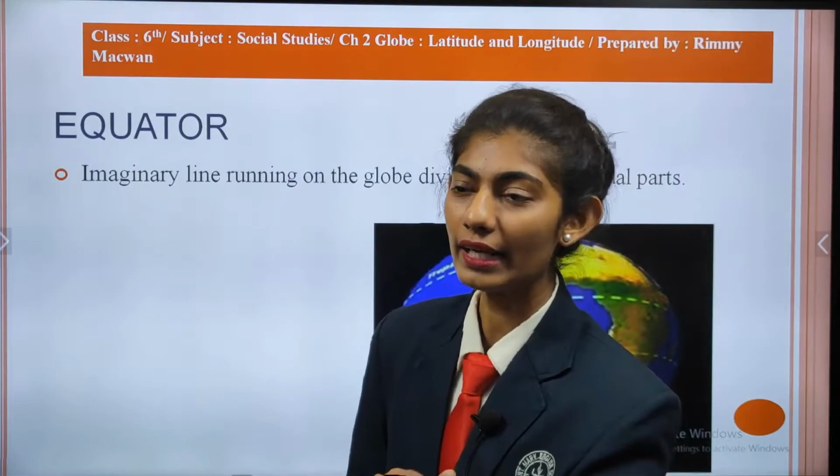Let's talk about torrid zone. Now students, the torrid zone lies between the Tropic of Cancer and Tropic of Capricorn. Every latitude in between these two latitudes has a midday with the sun directly overhead at least once in a year. I repeat, every latitude in between these two has a midday when the sun is directly overhead on that particular place, at least once in a year. So this area therefore receives maximum heat.